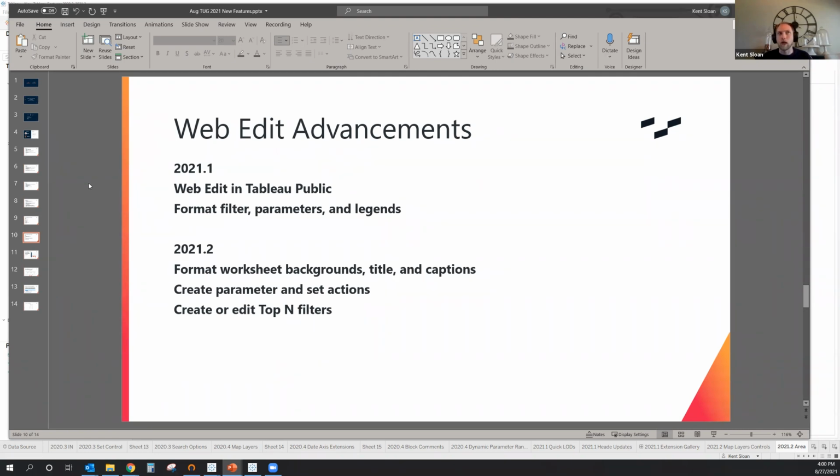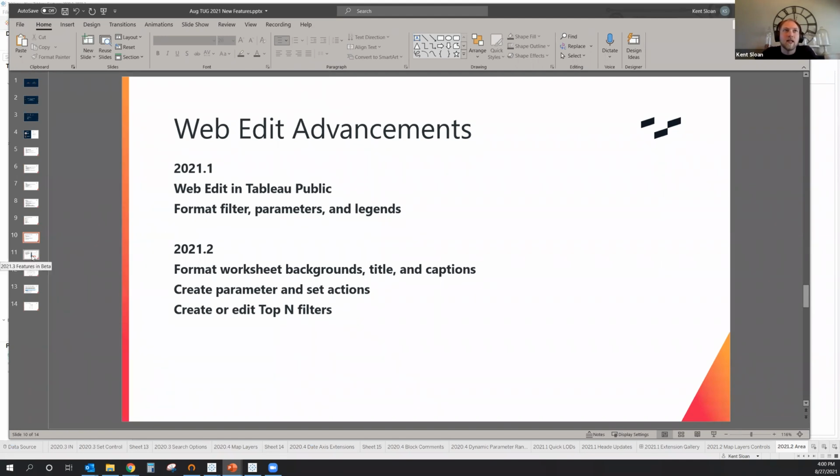So we're approaching a world where potentially you could be developing dashboards in your browser rather than in Tableau Desktop as we get more parity between web edit and the desktop experience. I'd say also that option of being able to flip between using web edit to hitting a button and then it opens it up in Tableau Desktop for you locally that you can then save is also working towards that.